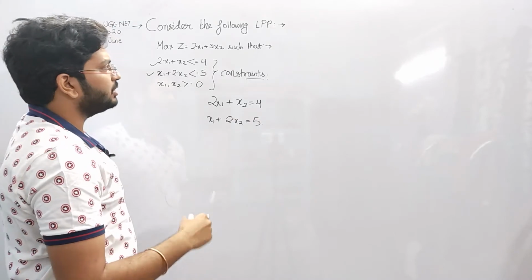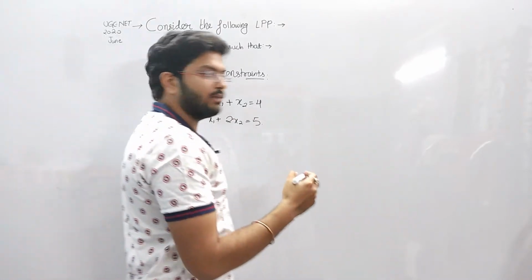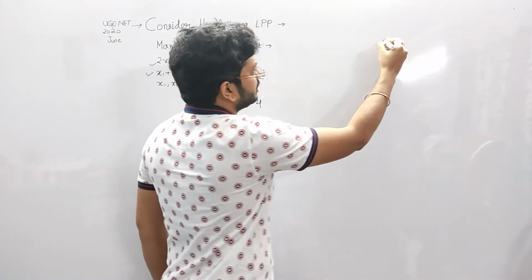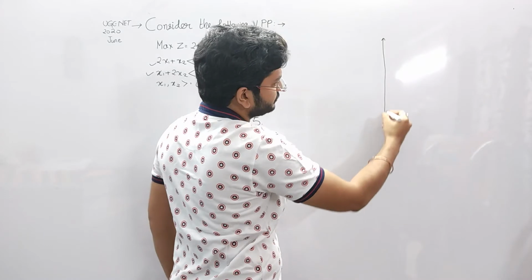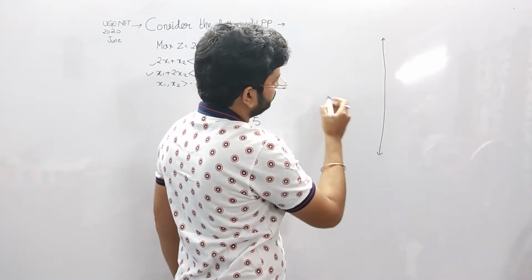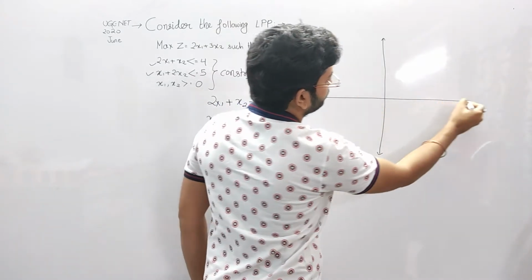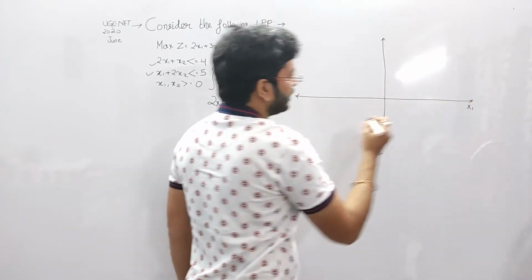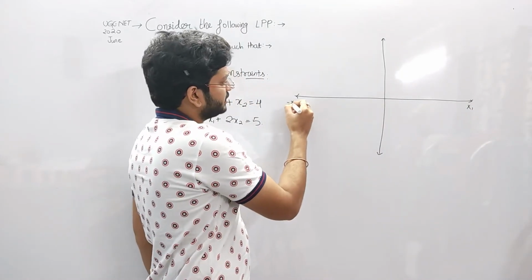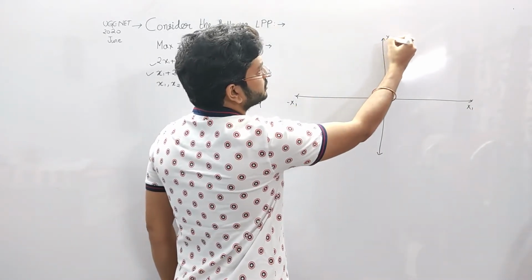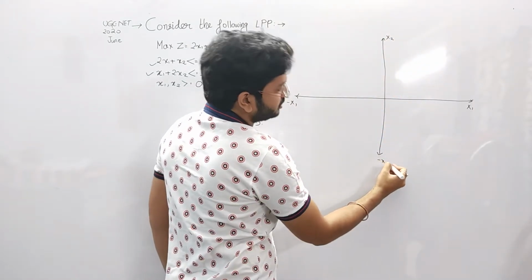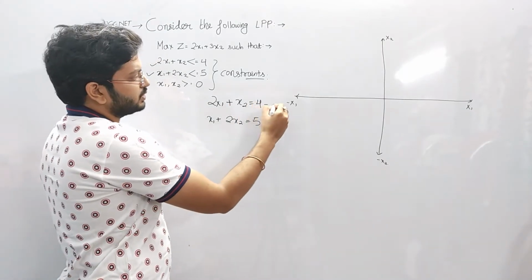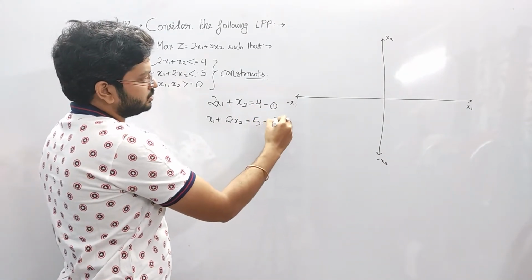Now I will be creating the graph for it. Generally we have to create a graph for 2 variables, so I am drawing this, just check it out. This one is the positive side of x1, and this one is the negative side of x1. This one is the positive side of x2, and this one is the negative side of x2. Now let this be equation 1, and I am naming the other as equation 2. Now listen,